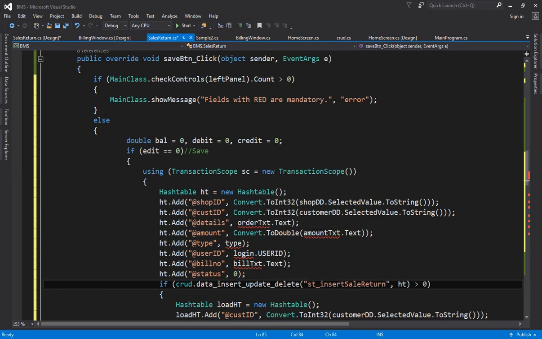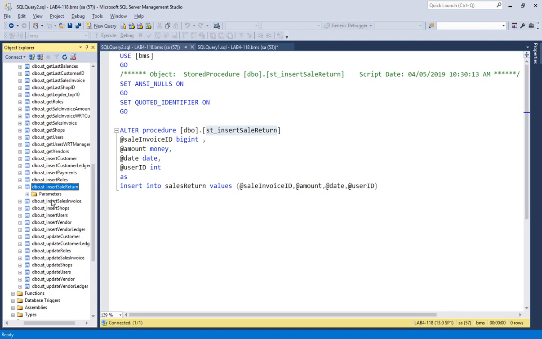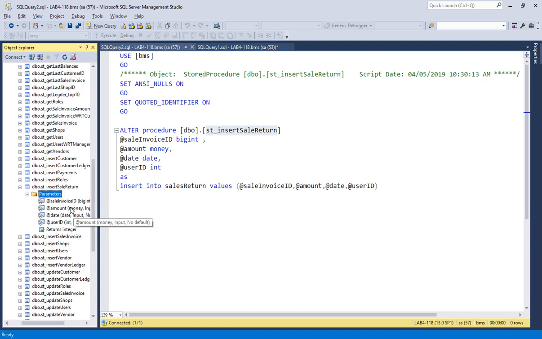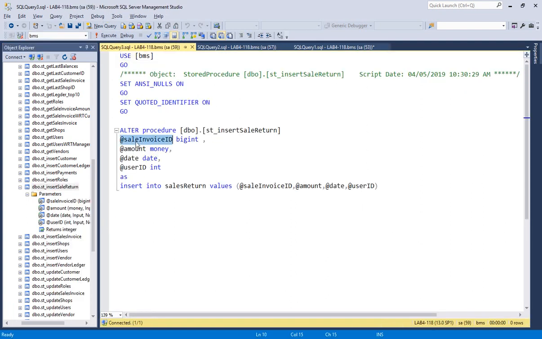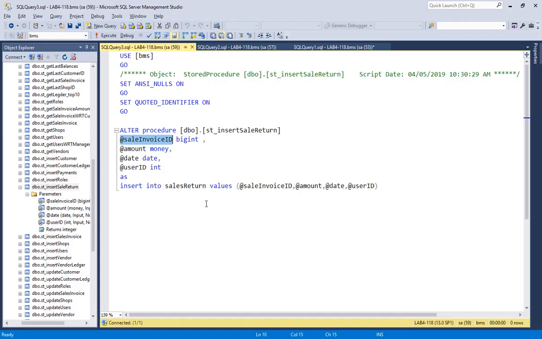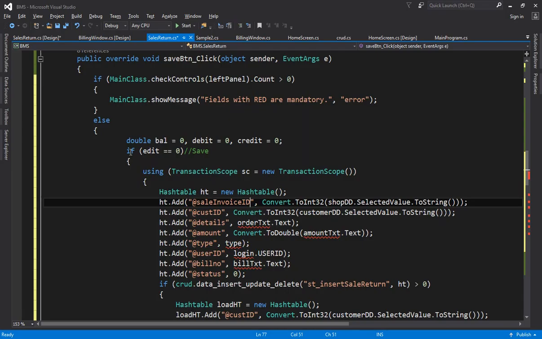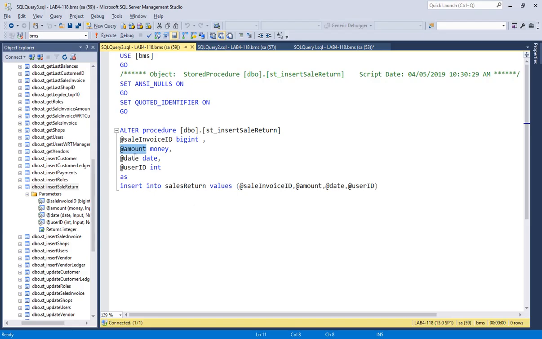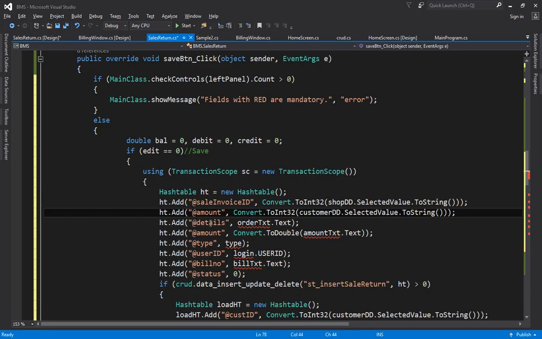And then what are the columns? Let us verify. Sales return parameters, the sales invoice ID first. Let me open it. Yes, copy and then come here and paste. And then the amount, copy, and then here you have to remove this and paste. Copy, and then here you have to remove this and paste, and user ID is there already. So status, bill number you don't need,